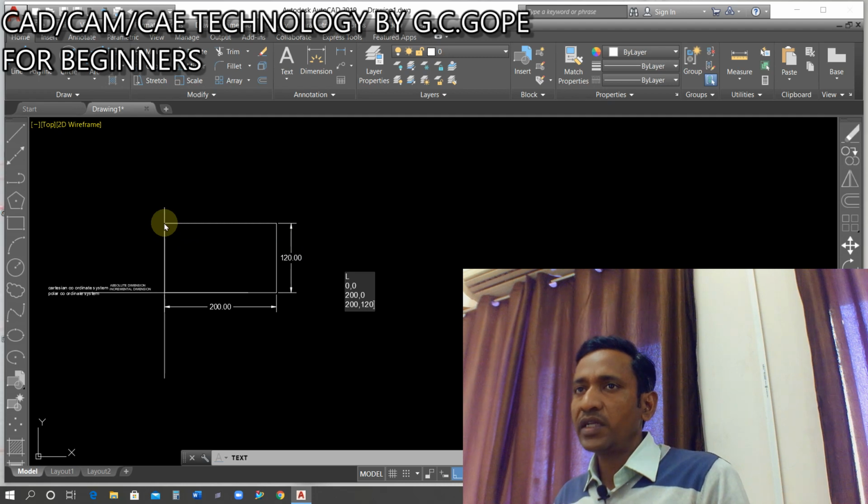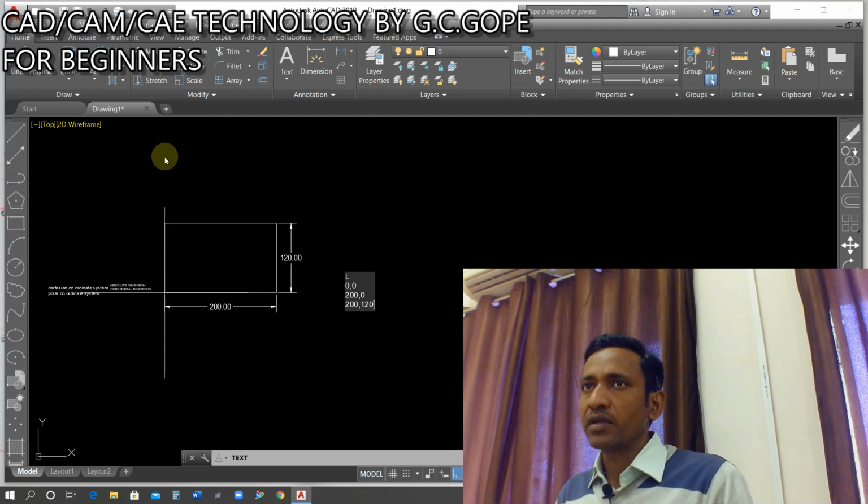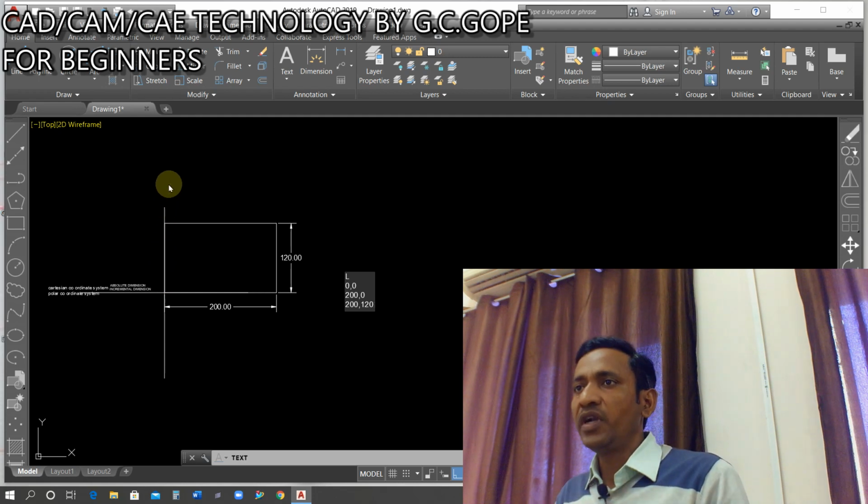Okay, now we have to think about this vertex. For this vertex, how much x? You see, we are here or somewhere here, on the straight line of the y-axis. So x will be 0. Why? Because this is the origin, and from the origin, if we move in the vertical direction, it will be 0 in x, and whatever the y value is, we will take according to that.